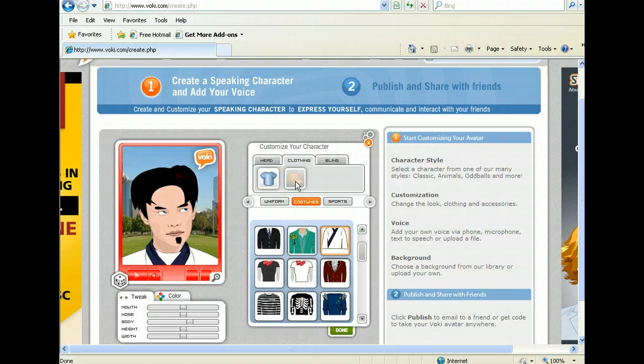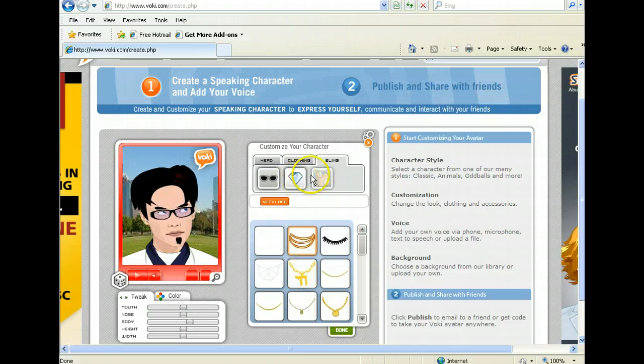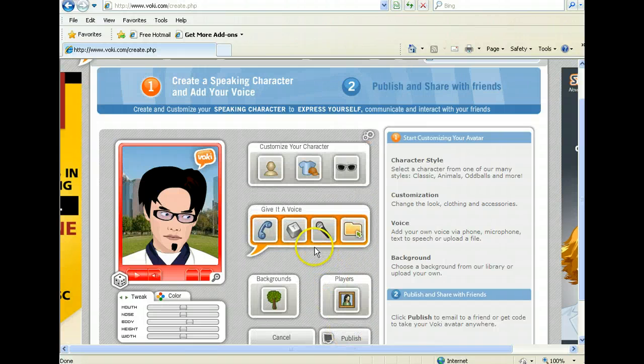And if you notice, this box right here is a little bit grayed out. That means that I can't select that option. That's for headwear. I can go to bling, which is accessories. I can add glasses, and again, if it's blank, that means it takes it away, but I like these glasses. I can add some jewelry or neckwear, which sometimes it will show and sometimes it won't, depending on what the outfit is that you have on. And once I'm finished, I can click on done, and then I can go on to the next step. I can always change the ways that I customize my character later on, but I'm going to go now to